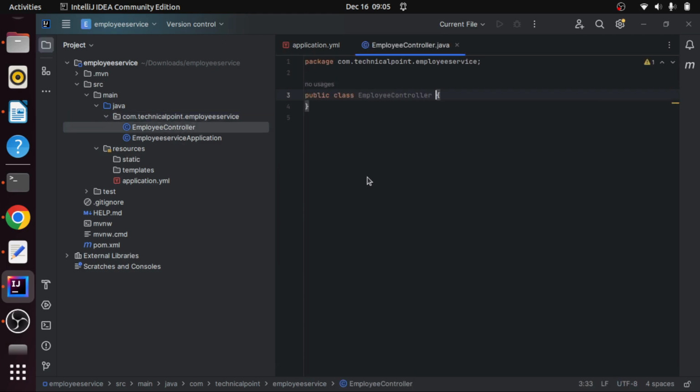So I am creating just one API for the sake of simplicity. I don't want to complicate it with multiple APIs. I will create just one API, generate the jar, then create the image, and then deploy it. One minute, I am explaining. First of all, I will have to create